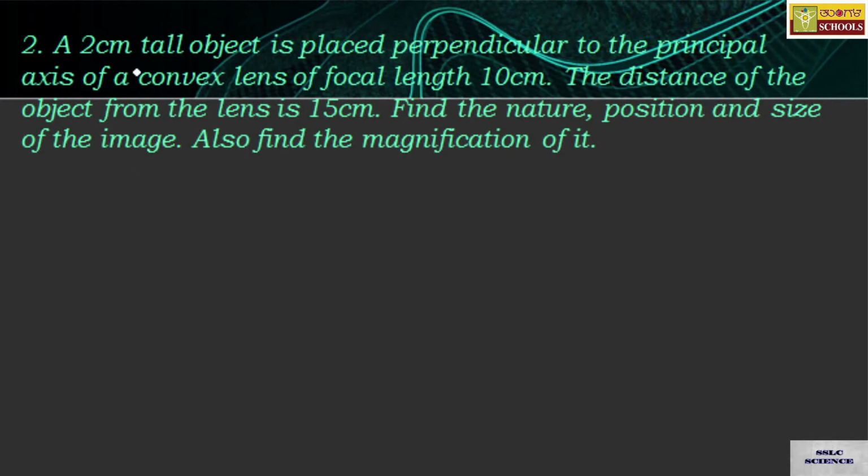Which means you try to draw a convex lens and write the principal axis. So a 2 centimeter tall needle is kept perpendicular to the principal axis of a convex lens of focal length